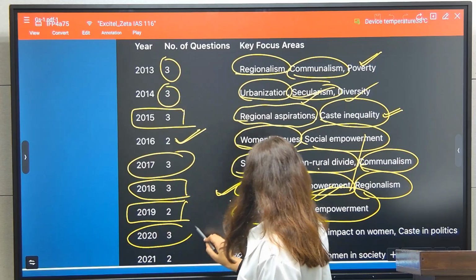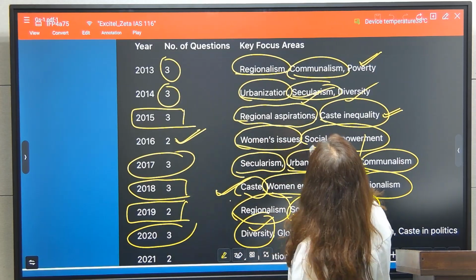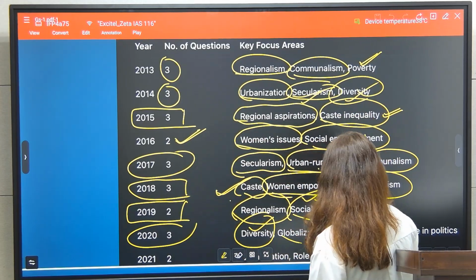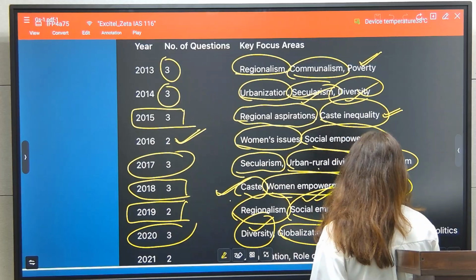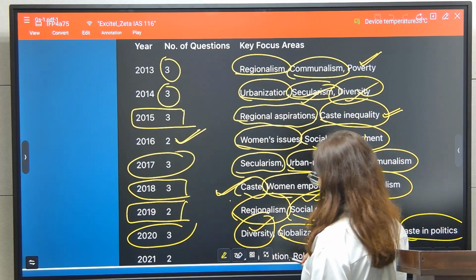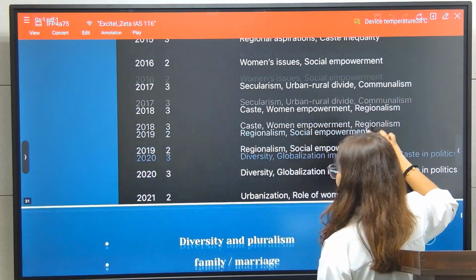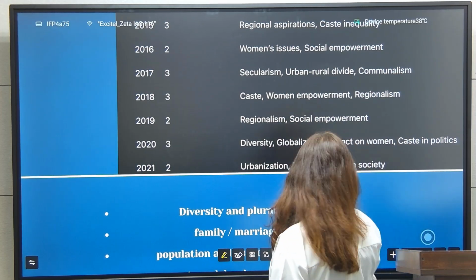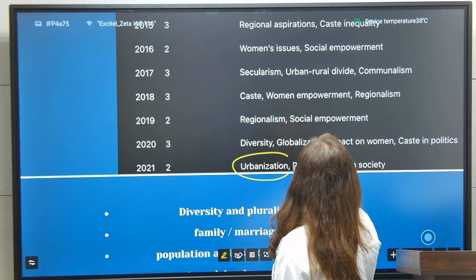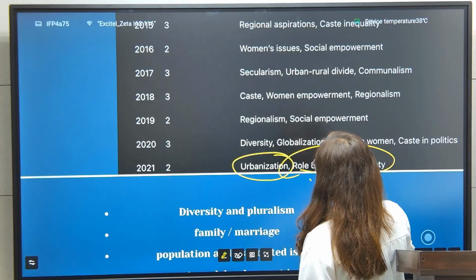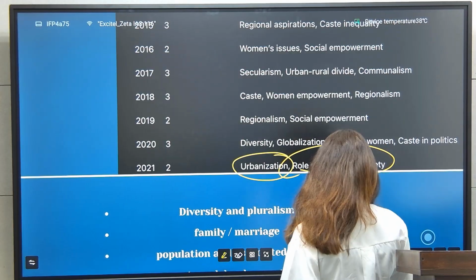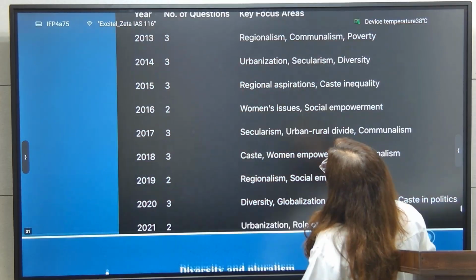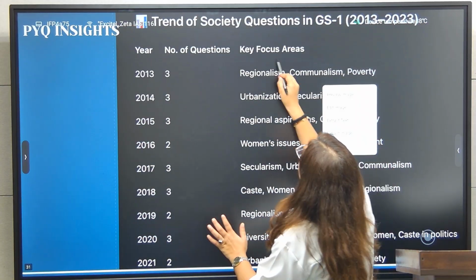In 2020, diversity again, see, globalization impact on women and caste in politics. And in 2021, urbanization again, role of women in society again. So see, there, this regionalism,